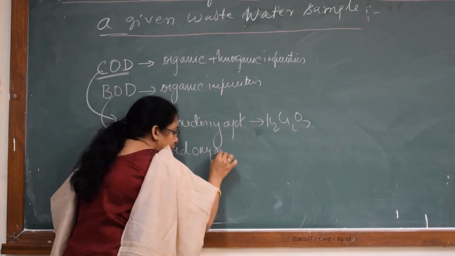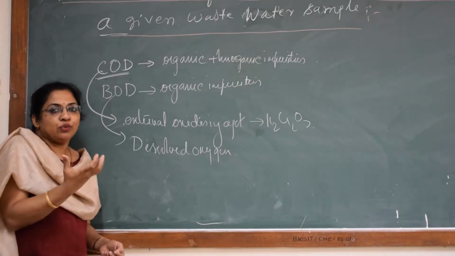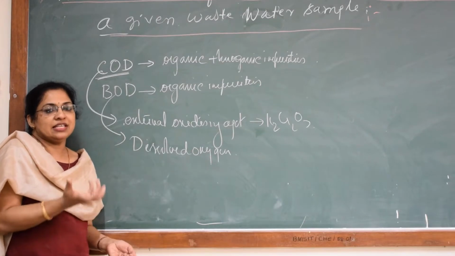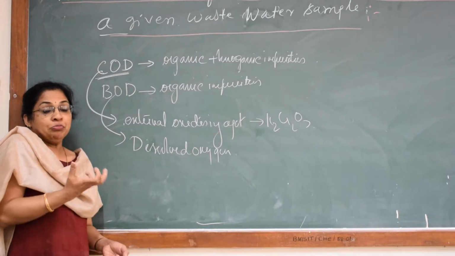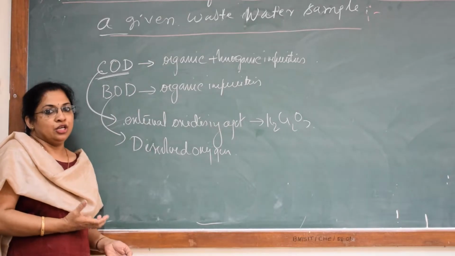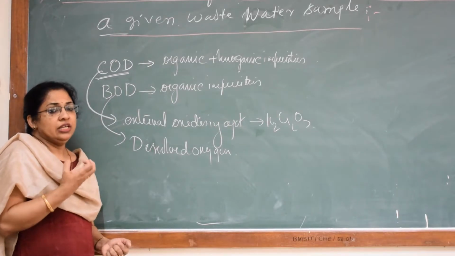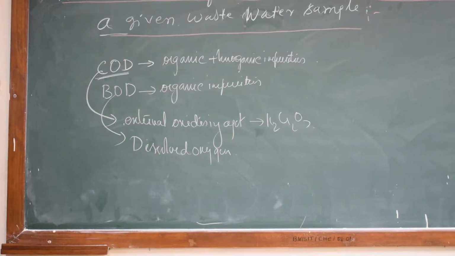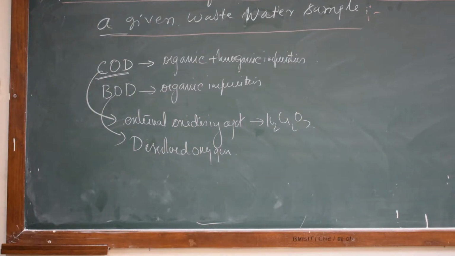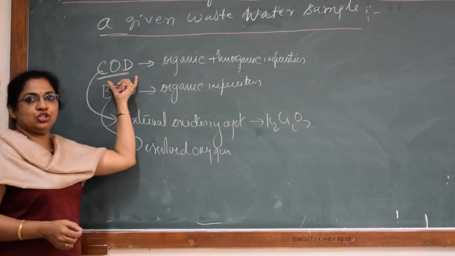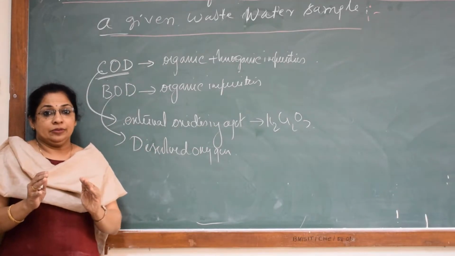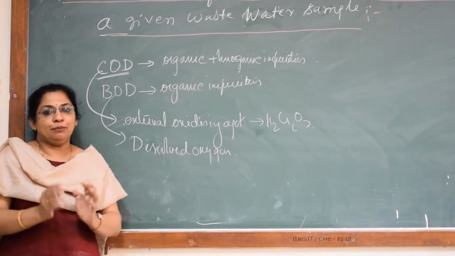That's why when the amount of impurities increases, you know very well, the amount of oxygen decreases. That's why we see in newspapers that fishes die in lakes and ponds. That's because the amount of oxygen comes down as the impurities increase, because impurities are demanding more and more oxygen to undergo oxidation. Okay, so in today's experiment we will purely stick to COD, that is chemical oxygen demand, and today we are going to do in the lab how we find out the total impurities present.